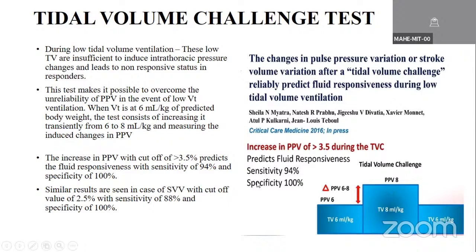So if the increase in the pulse pressure variation is more than the cutoff of 3.5, say the initial value was 6 and it has increased to 12 after increasing the tidal volume transiently, this is a transient change of tidal volume we need to do. If the increase in PPV is more than 3.5, it predicts fluid responsiveness with a sensitivity of 94% and specificity of 100%. We can also measure this using stroke volume variation with a cutoff value of 2.5% with high sensitivity